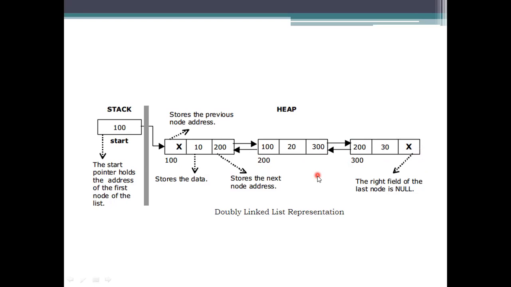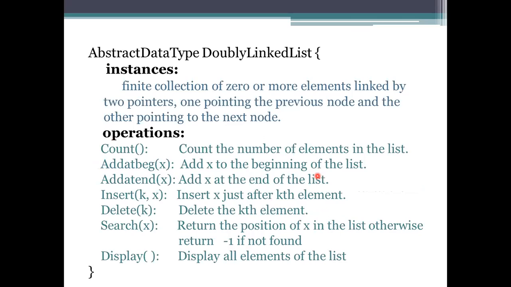To delete or insert or perform any other operations, we necessarily need to update both the left link and the right link, because if you fail to update one, the insertion or the deletion won't be successful. Likewise you have insertions as in the single linked list: insertion at the beginning, insertion at the end, insertion in between. Also deletion at the beginning, deletion at the end, and deletion in between the nodes, meaning deletion of any other node. Likewise we also have search representations in the doubly linked list.